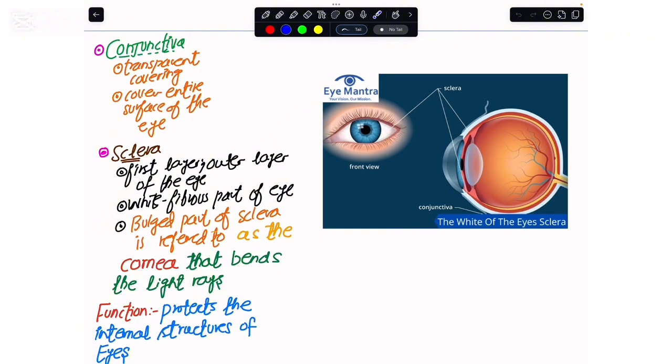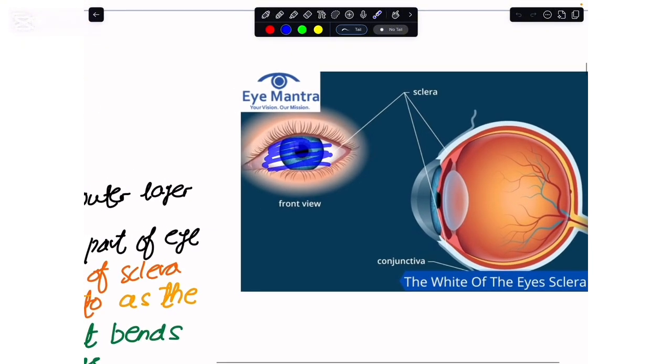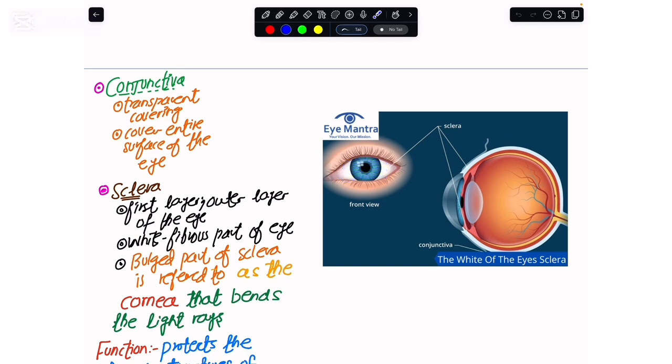So now I will take you to the explanation of each and every structure that we have looked at above. We have the conjunctiva, and as I have said earlier, this is a transparent layer covering the entire surface of the eye. The conjunctiva would cover the entire surface of the eye, and it also has a role in bending the light rays that intend to enter the inside